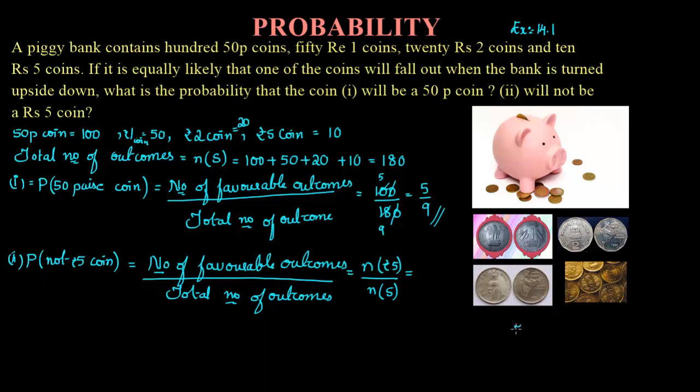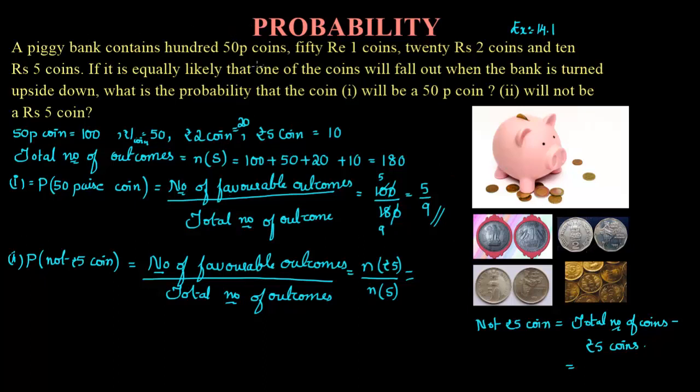So totally, not 5 rupee coin. How will you find? Total number of coins, totally how many coins are there, you need to just subtract that total number of coins minus how many coins are there which are 5 rupee coins. Because total you know, and you know the 5 rupee coins,